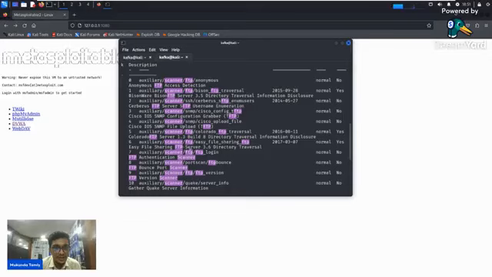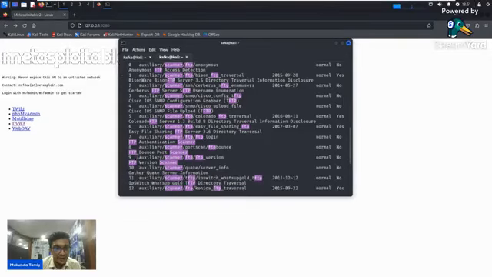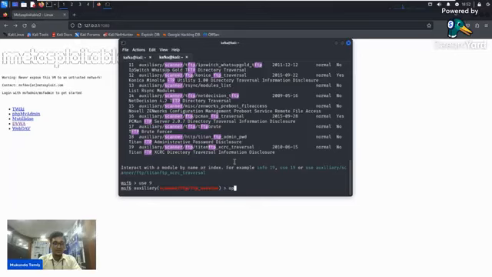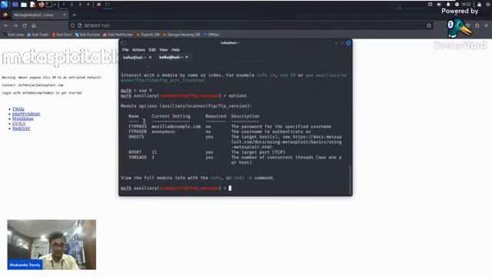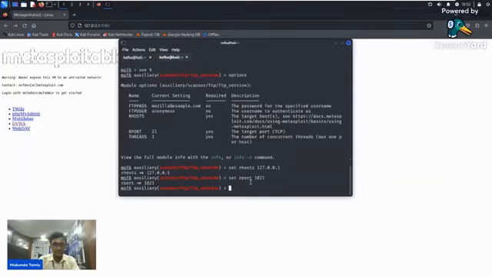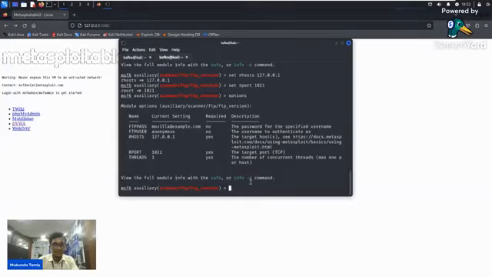See, FTP version scanner. So this is basically our number 9. Use 9. Options: our host and our port. Set our host to 127.0.0.1. Set our port to 1021. Let's check options one more time.